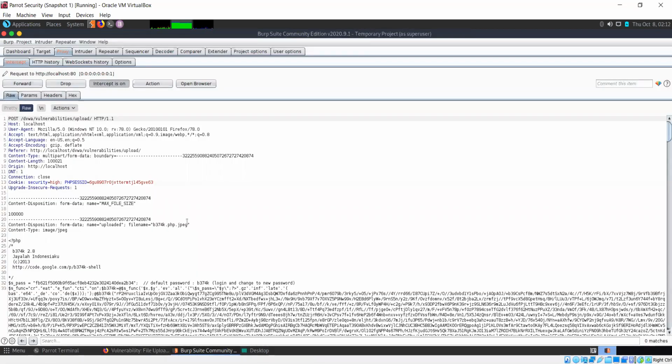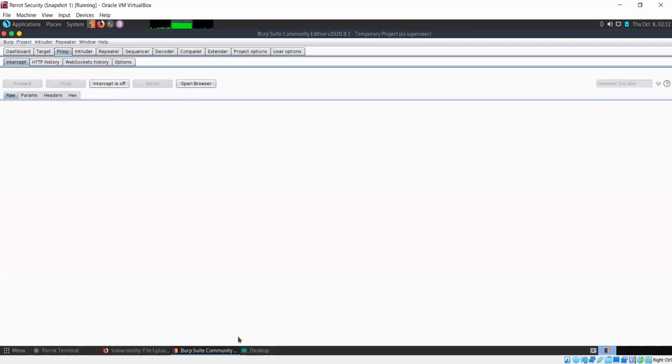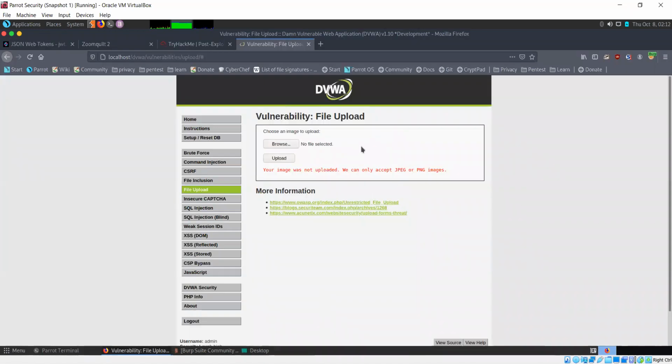And if I change this, again it tells me that your image was not uploaded. We only accept image files. So our previous trick is not working here. Let's see what the reason could be.